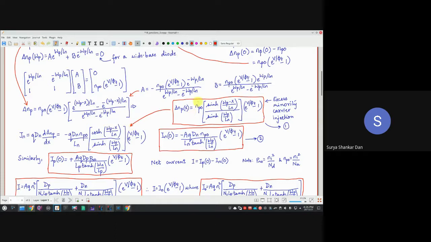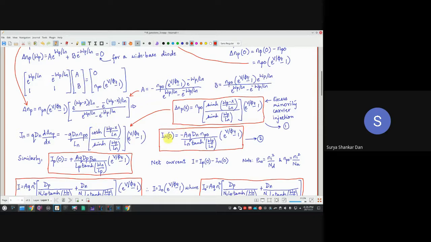Okay, very simple. Now the only x related term is here, W minus x by Ln of sine hyperbolic. So the remaining parts are all independent of x. So take everything outside. Then what will you be left with? This Ln will be in the denominator, but with a minus sign, right? So there is a minus sign here, and then sine hyperbolic becomes cos hyperbolic. All right.